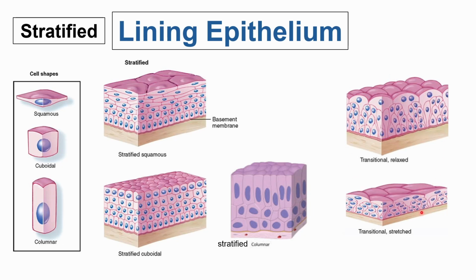So which organ system do you think needs this type of lining epithelium? Something that is sometimes big and filled with liquid and something that is sometimes empty and needs to contract. Yes, the urinary bladder, right? So the urinary bladder, if it is filled, will have a stretched transitional epithelium to account for the increase in the surface area or the increase in the volume of the lumen, or transitional or relaxed if it is empty or contracted. Okay?